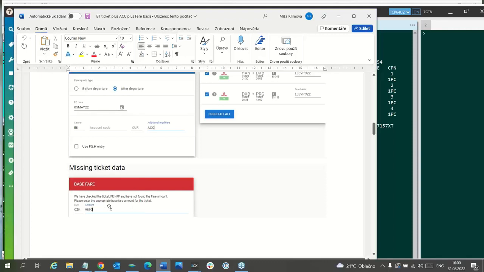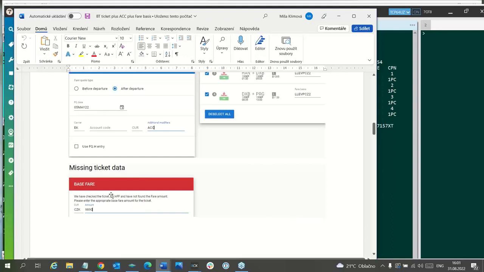Sometimes it can be received from the file fare history, but not always. So if this field is empty, you need to add the original fare here. Original fare can be obtained either from the file fare history or from your sales report.